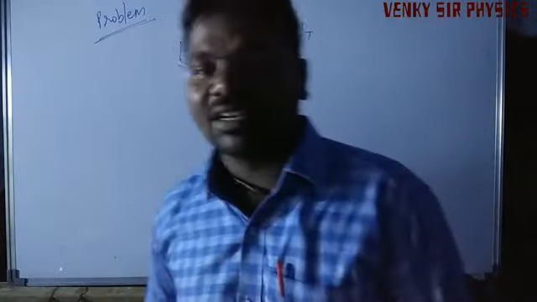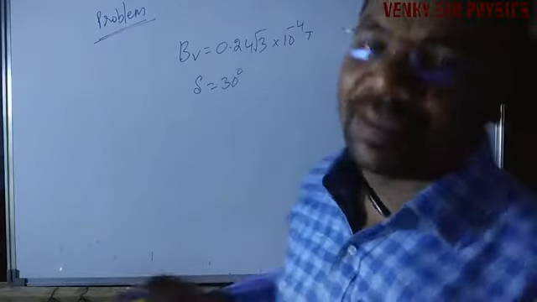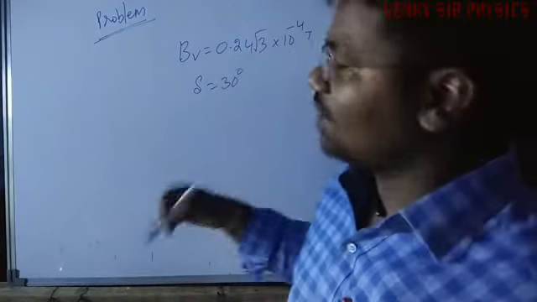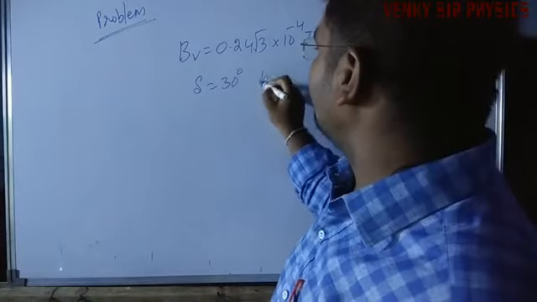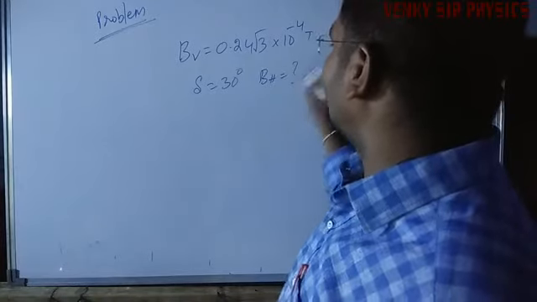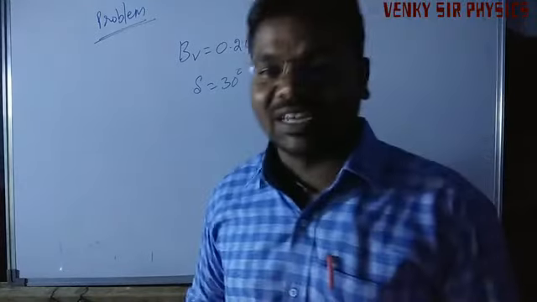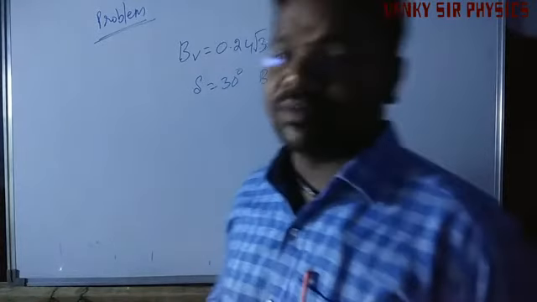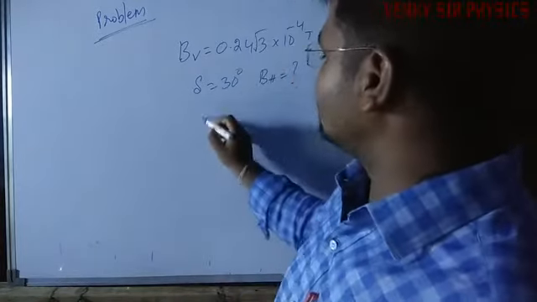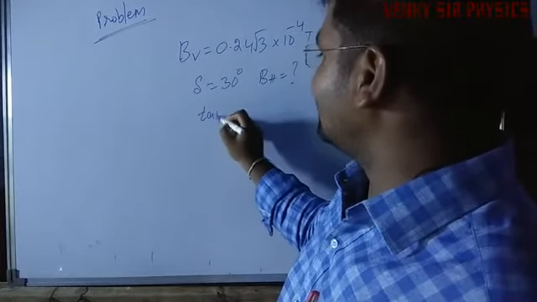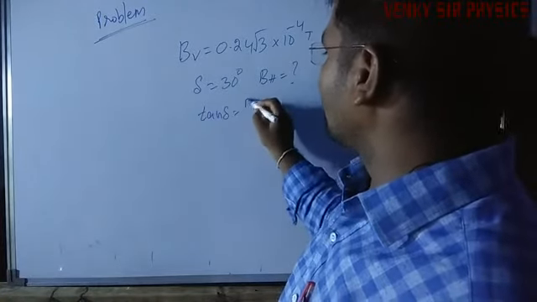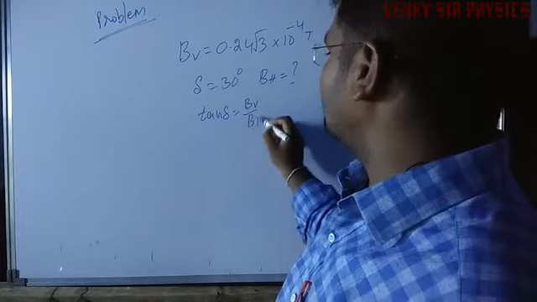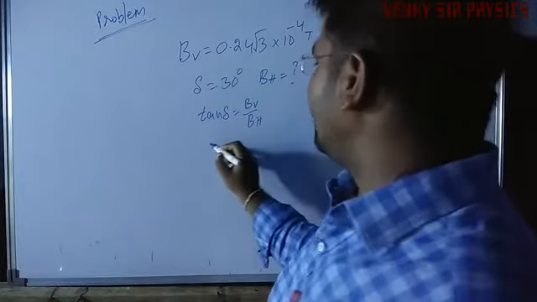So what we have to find here is BH, the horizontal component of earth's magnetism. So what is the formula? Yes, very good. Tan delta is equal to BV by BH. Understand? Then BH is equal to